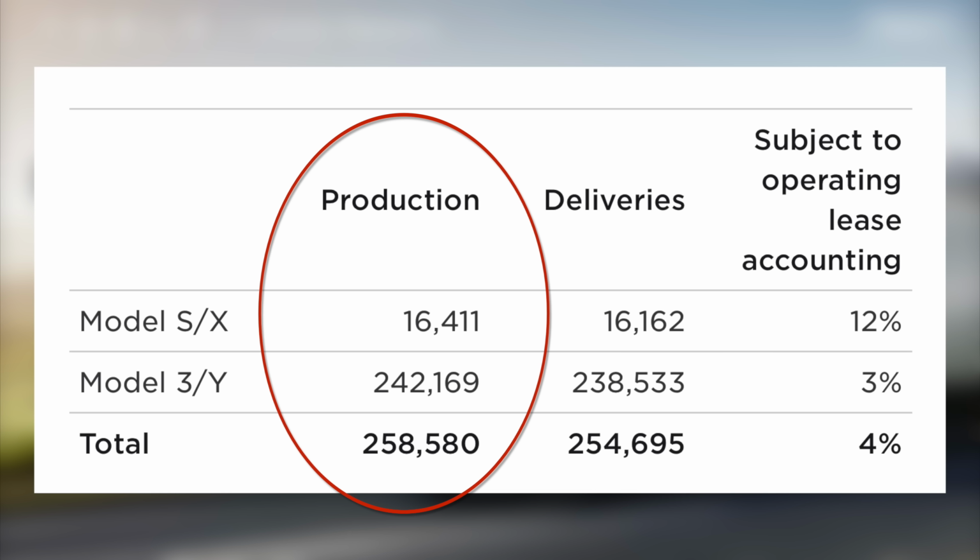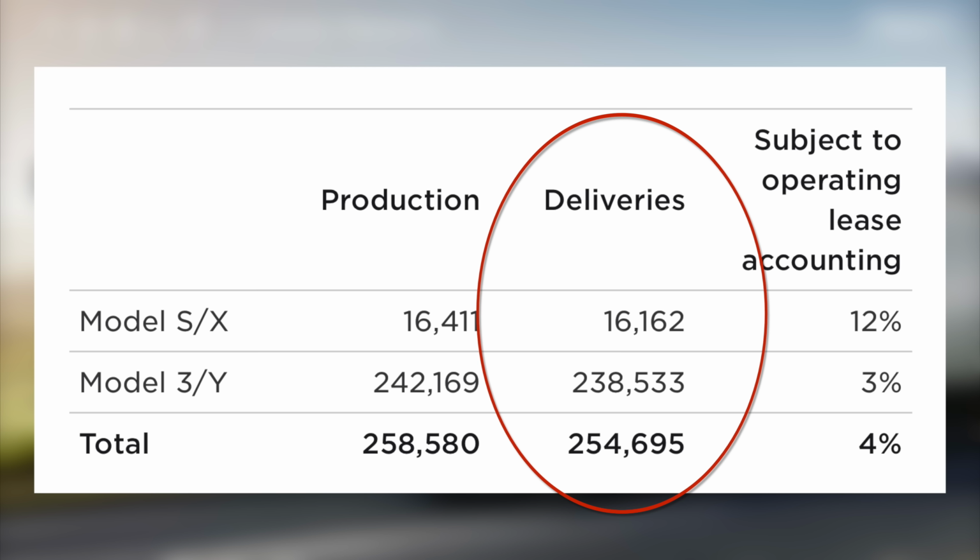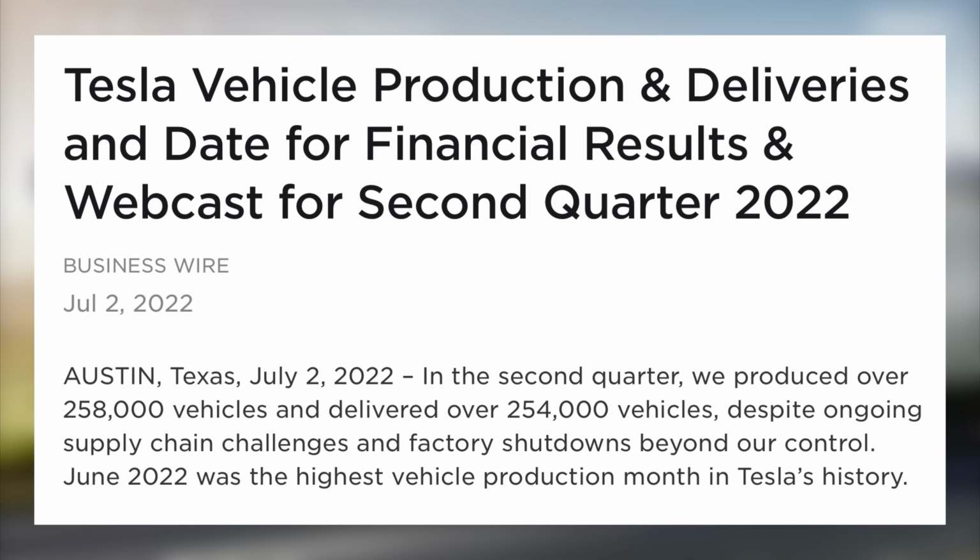They produced 16,411 Model S's and X's and 242,169 Model 3s and Ys, for a total of 258,580 vehicles. For deliveries, they delivered 16,162 Model S's and X's and 238,533 Model 3s and Ys, for a total of 254,695 vehicles delivered. They said, quote, "In the second quarter, we produced over 258,000 vehicles and delivered over 254,000 vehicles